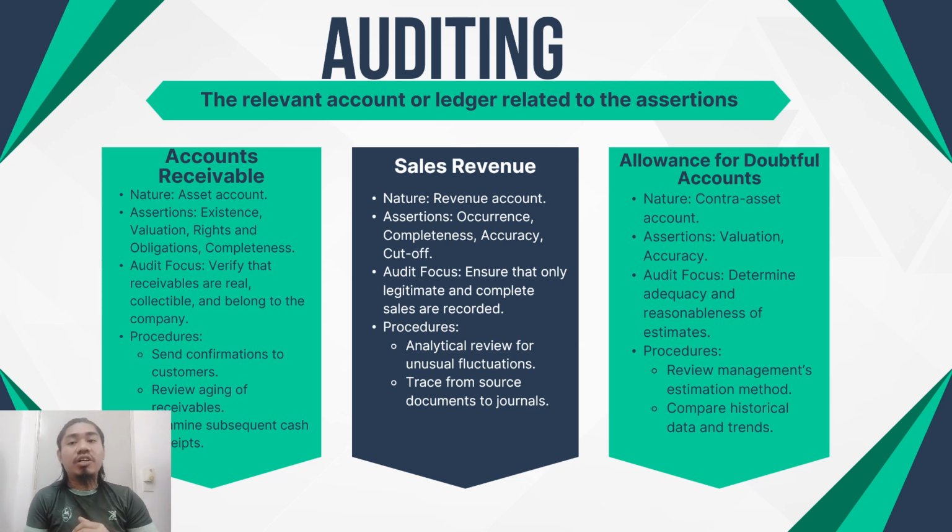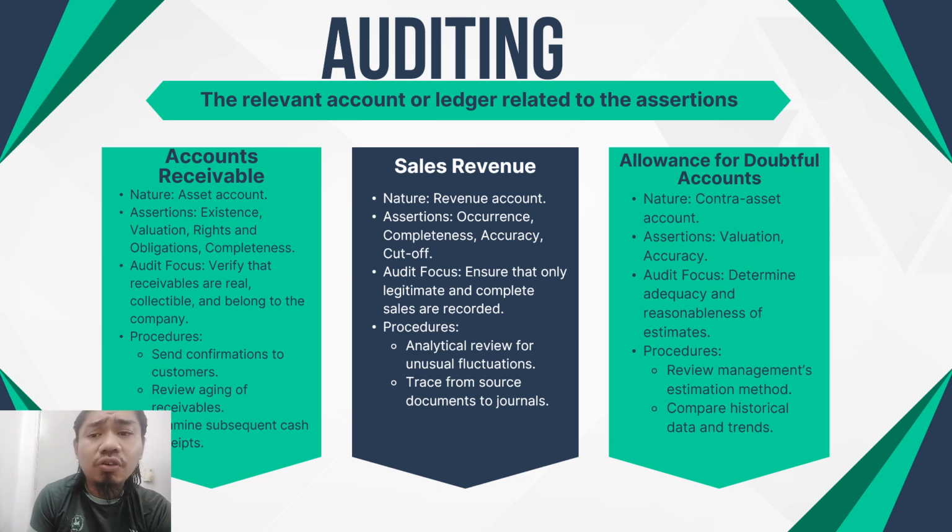Okay, next we go for the sales revenue. Sales revenue is the revenue account which represents the income earned from selling goods or services. Okay, key assertions involved are occurrence, completeness, accuracy, and also cut-off. Were the sales recorded legitimate? Have all the sales transactions been captured? Were the sales recorded at the correct amount? And also was the revenue recorded in the correct period? Okay, in order to perform this test, auditors usually perform an analytical review to check unusual fluctuations in the revenue